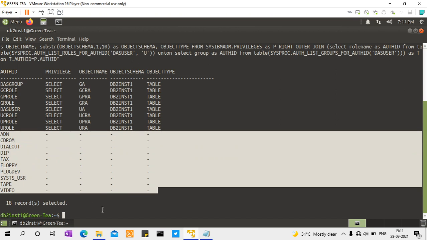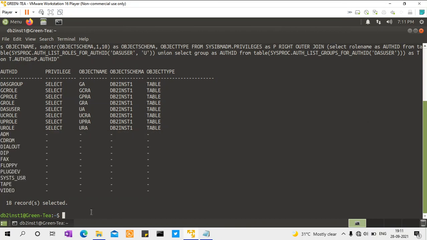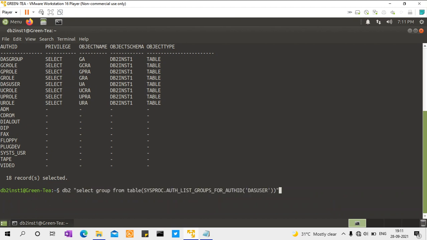So if you go and grant some privilege to any of these groups, it will reflect in the next call. So for example, let's say db2 grant select on, I don't know, I have to create a table then. Let me do that.